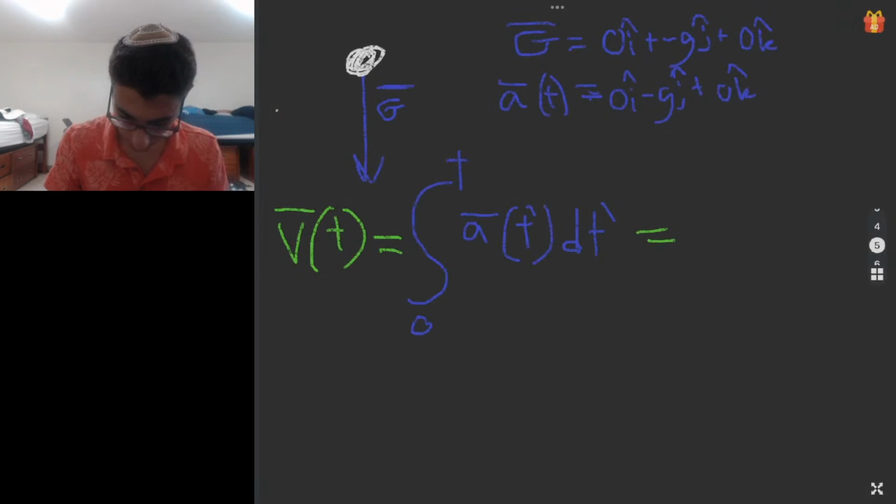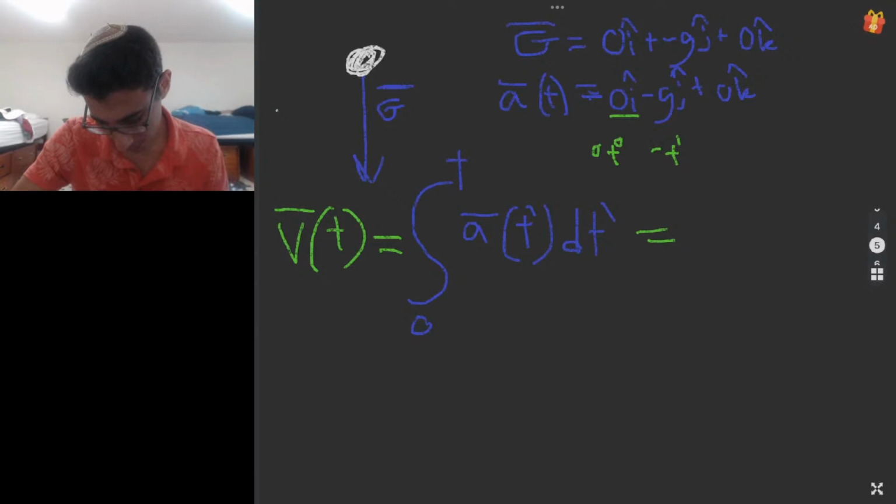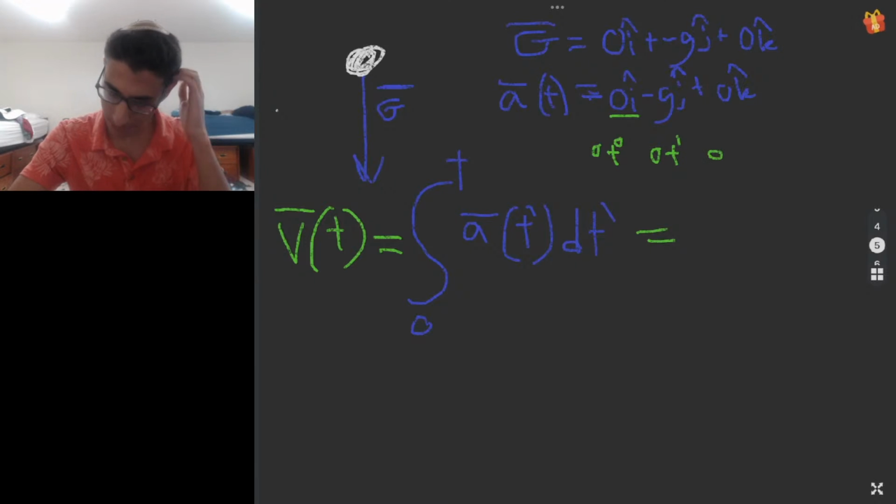So that means that the antiderivative of 0 i hat is going to be whatever it was at, so this is the same thing as t to the power of 0 times 0, which means that we're going to add 1 to t, so t to the power of 1, and we know that 1 times whatever was here has to be 0. So it's going to be 0t to the power of 1, which is just 0 again, but it's not necessarily 0, it's